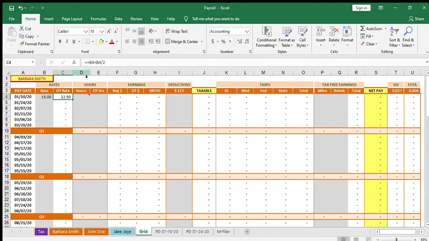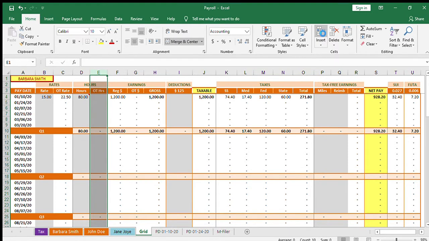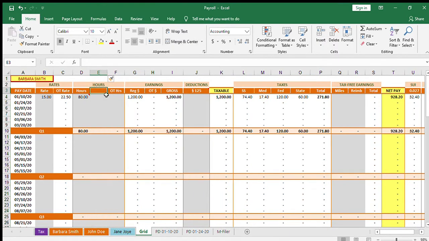So the next 2 columns are the hours that the employee is working. Let's say this person worked 80 hours. You can put in 80 hours and it'll automatically calculate their regular pay. We'll get to that. But let's say you have categories that are more than just regular. You might want to put in retro and have a column for that, and then you would put a formula in that would correspond